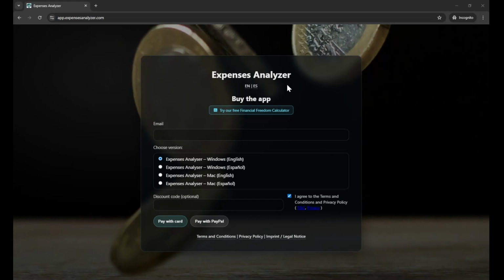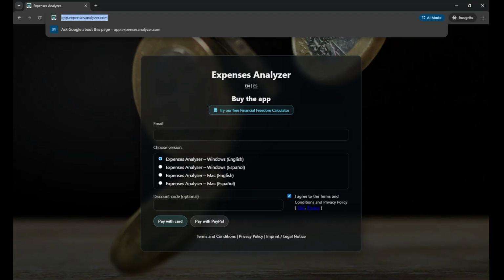How to use the Expenses Analyzer tool. Download it from the website